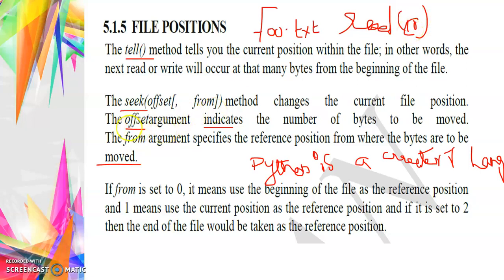After that, the offset argument, so the remaining has been moved. That's why the offset is the number of bytes to be moved, and the from argument specifies the reference position from where the bytes are to be moved, right? If from is set to 0, that means the offset reference is 0. Zero from means the beginning of the file